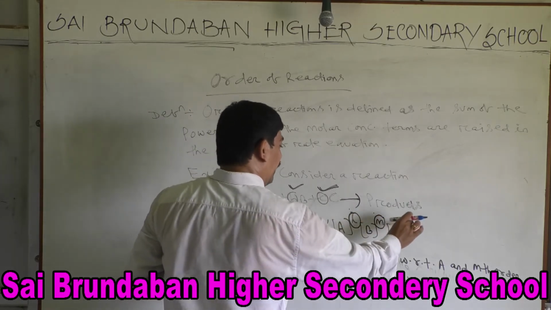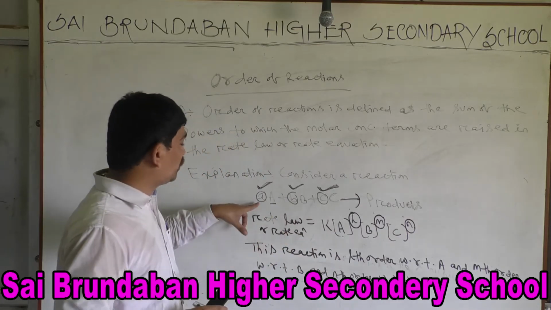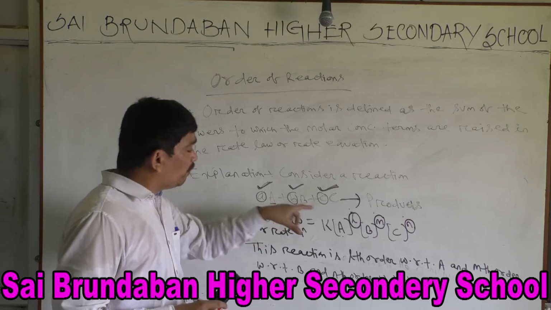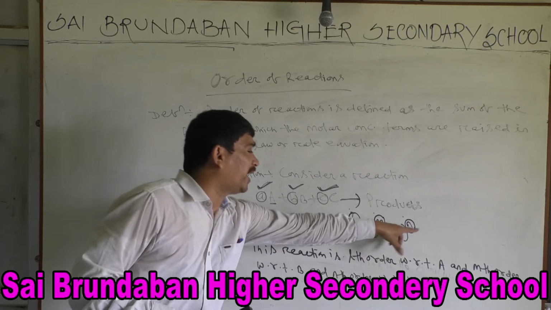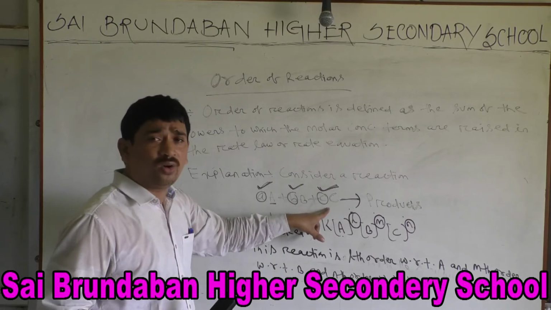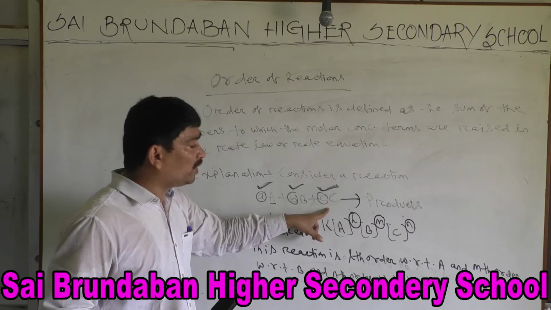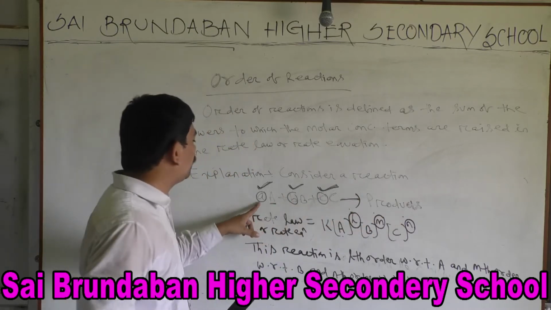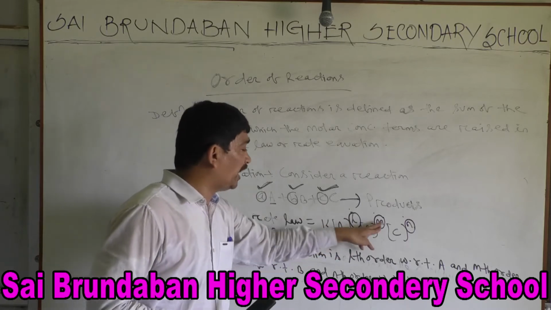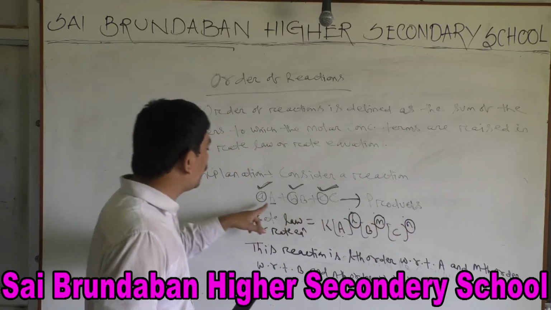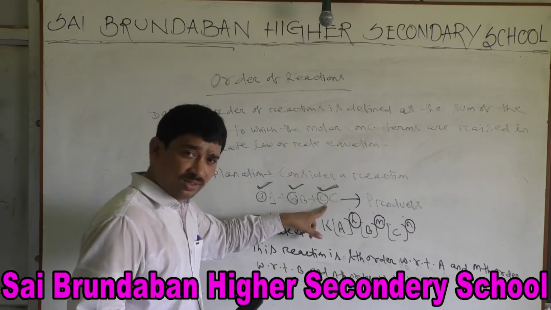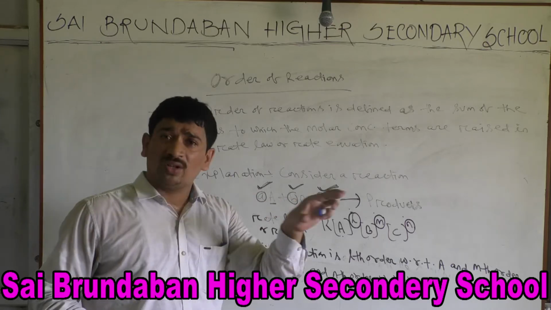L, M and N may be equal to the stoichiometric coefficients small a, small b and small c, or may not be. Most of the cases L, M and N may be equal to small a, small b and small c, but that is not always correct. In the majority of cases the values are the same as small a, small b, small c, but this is not always true.